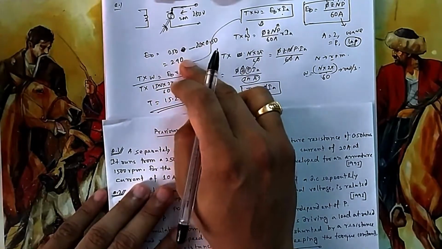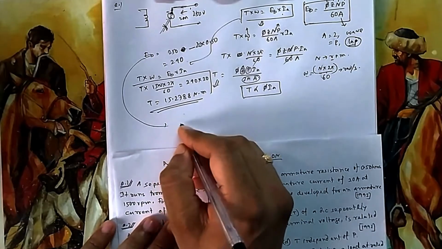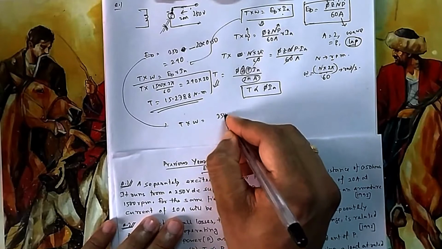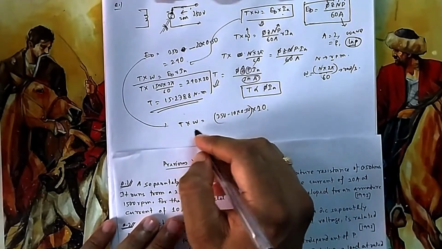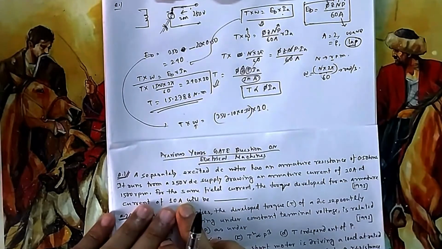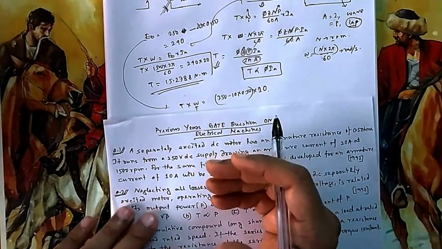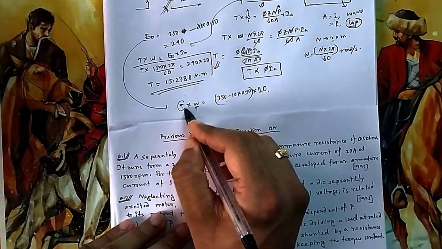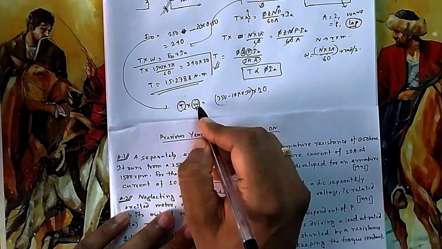Now you might be thinking, sir, for 10 ampere also let me go in this way. If I put 10 ampere, I will get EB into 10 ampere. You can go in this way for 10 ampere also, but what will be the problem? It will be 250 minus 10 into 0.5, that is your EB into Ia. But the problem is you don't know omega at 10 ampere, because if you are changing torque, then speed will obviously change. So this product is fixed, but both these are now unknown for you. So you cannot go by this formula.